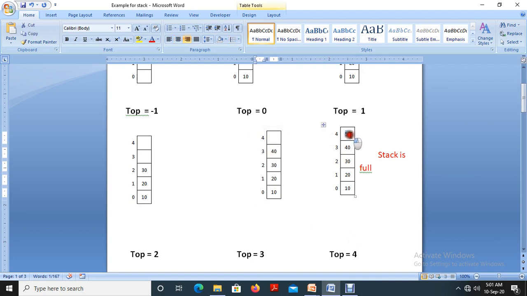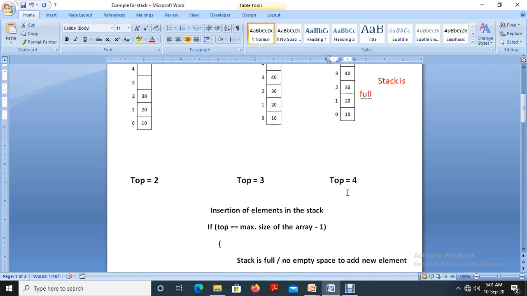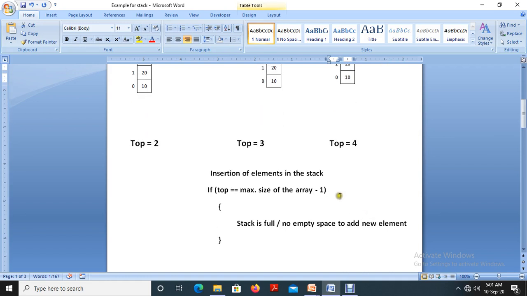Again I insert 50, top equals 4. What's the meaning of that? The last inserted element is in the 4th position. We can confirm that the stack is full. We don't have any empty space to add a new element onto the stack.